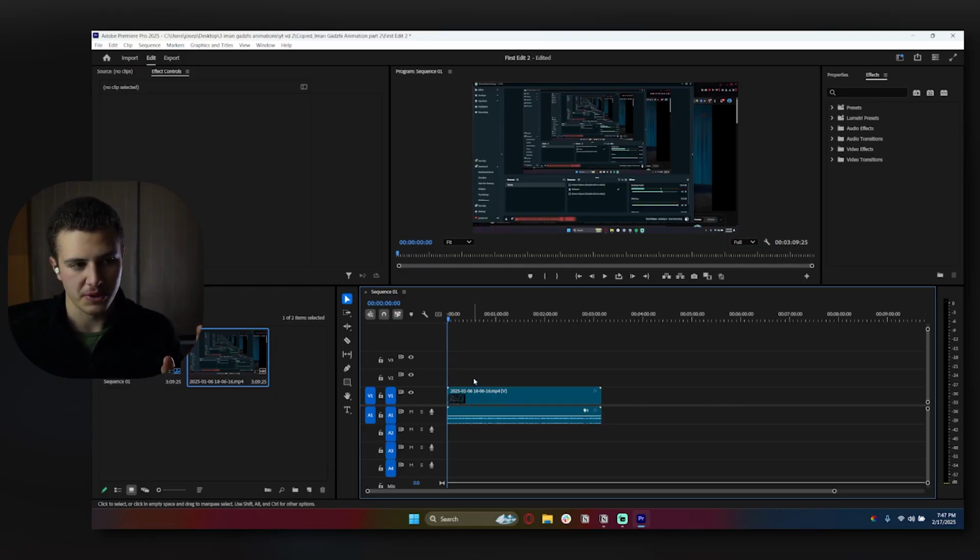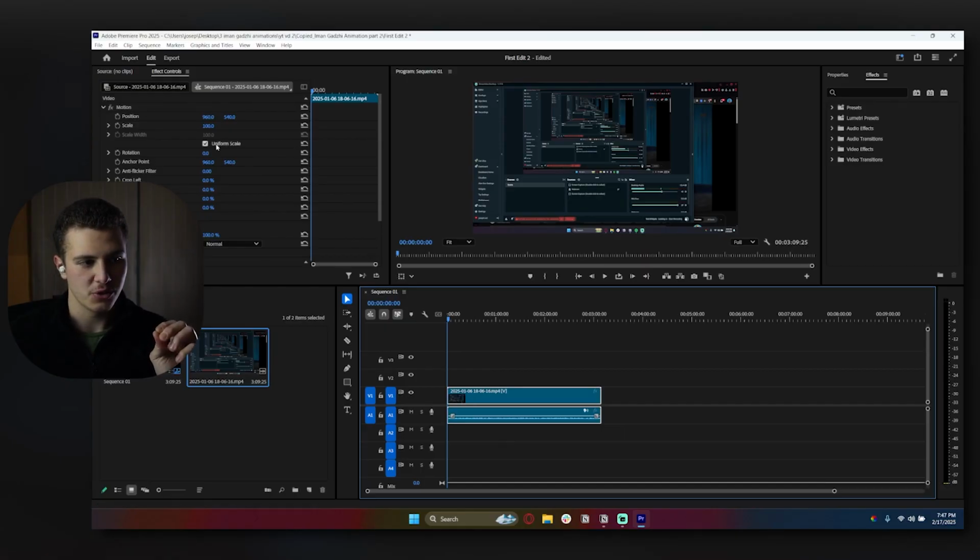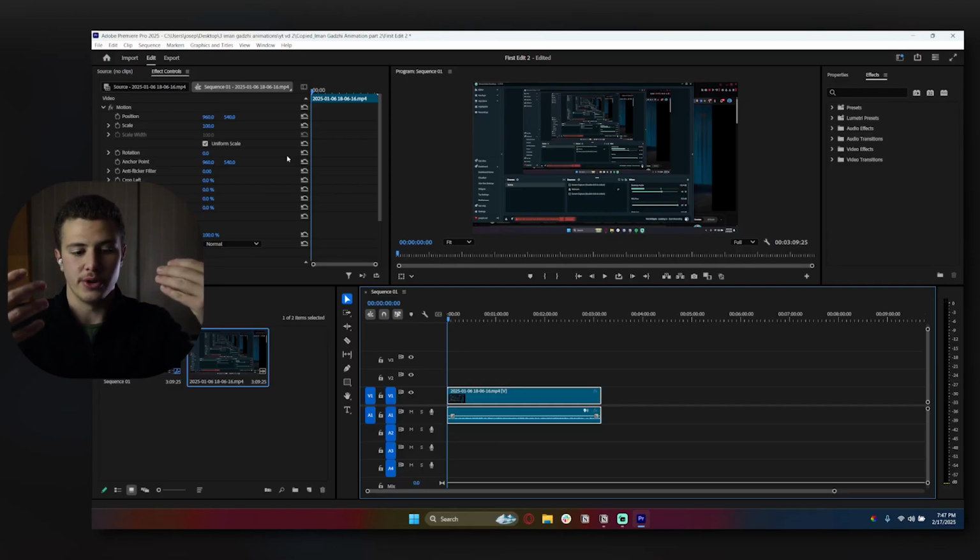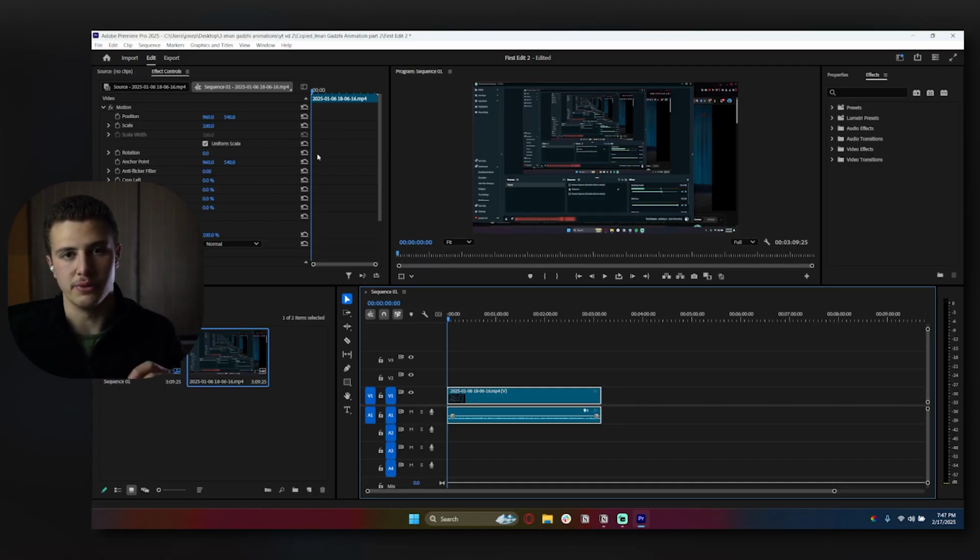But there's also one more cool thing that we have to talk about, which is when I click on it in my Effect Controls panel, I get all these cool things pop up. What is the Effect Controls panel? The Effect Controls panel controls a bunch of different things. It controls whichever effects are applied to whichever clip we selected. So if I selected a text layer, for example, it controls all the effects that have to do with our text. If I selected an image, it controls all the effects that have to do with our image. So because I've selected the video, it controls these effects that have to do with our video,